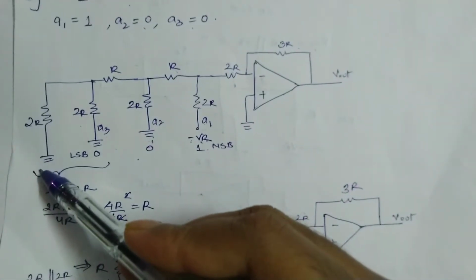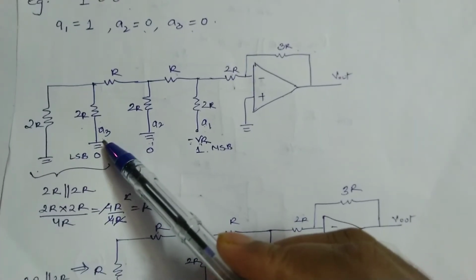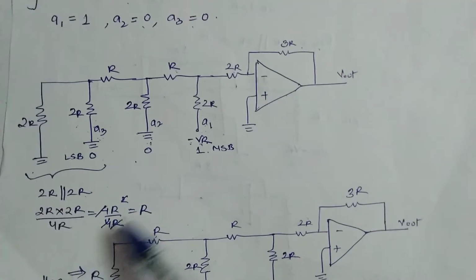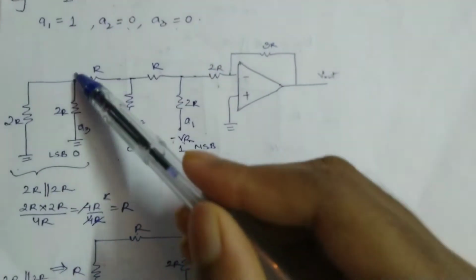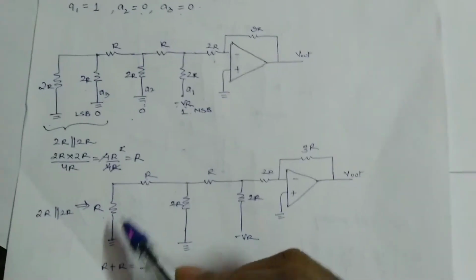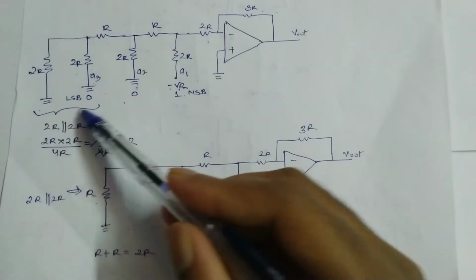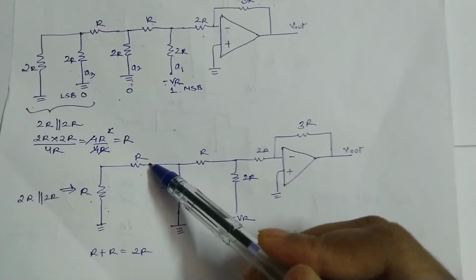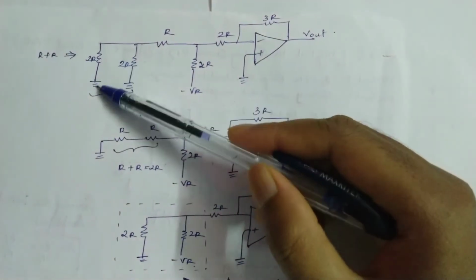Now we shall come from this end. You see this 2R and this 2R resistors are in parallel, so the parallel combination 2R parallel to 2R gives you value R. So your next diagram will consist of reduction of this segment to R. Okay, see, you have R and R. Here this part has been reduced to R. Now these are again in series, so it will be R plus R, 2R. I have written 2R and 2R.